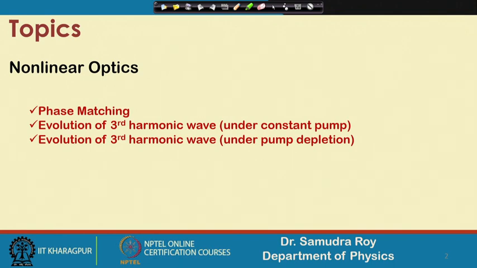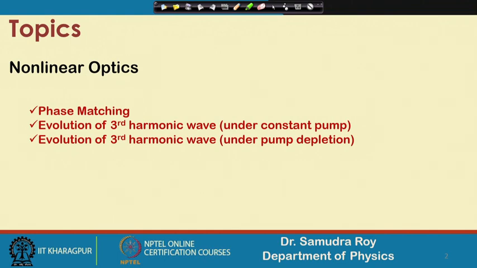harmonic generation process, where if you launch an electric field with frequency omega, then it will give rise to another frequency of 3 omega. It is exactly the same process that we have in second harmonic generation, where it was a second order effect and we get a frequency of 2 omega. Here we are going to get a frequency of 3 omega instead of 2 omega, because it is a third